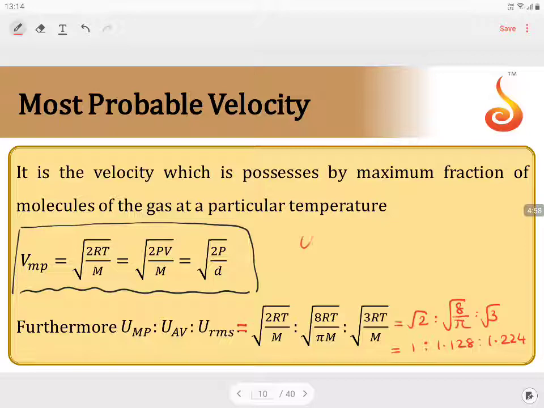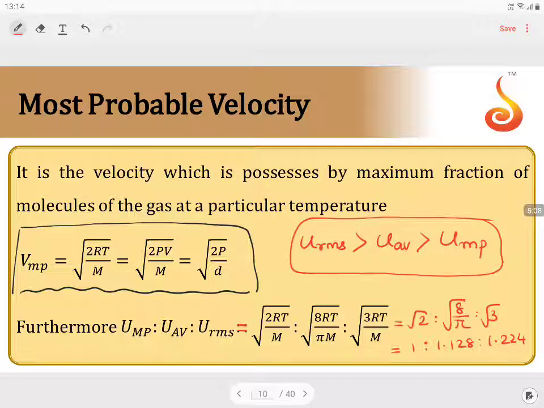which clearly indicates RMS velocity is greater than average velocity, which is greater than most probable velocity. So the relation between the three can also be explained